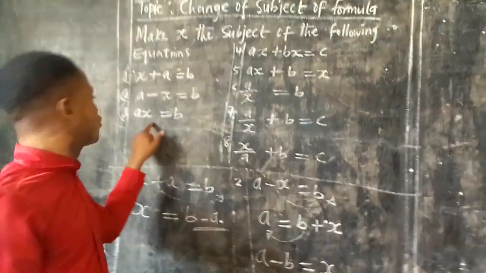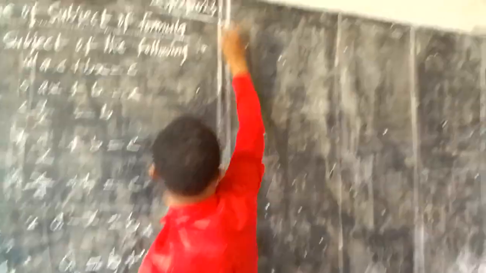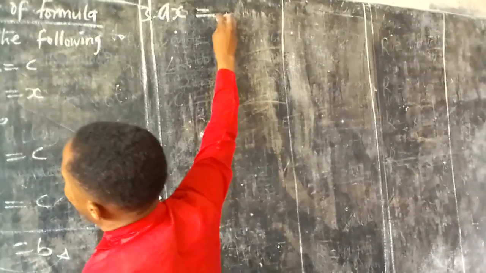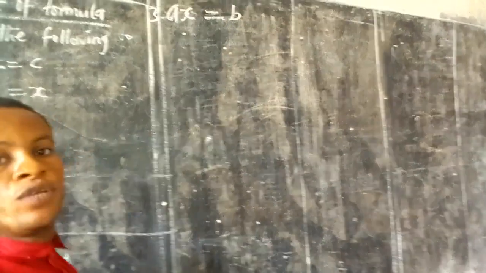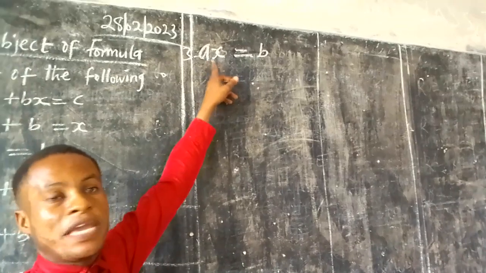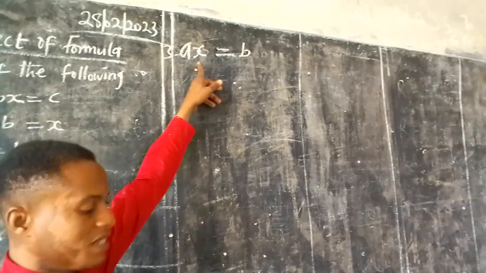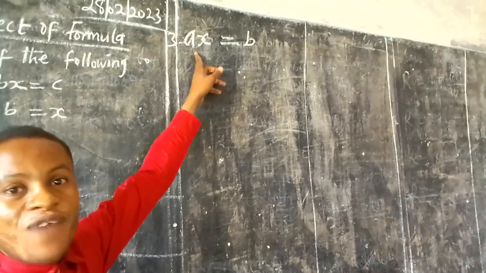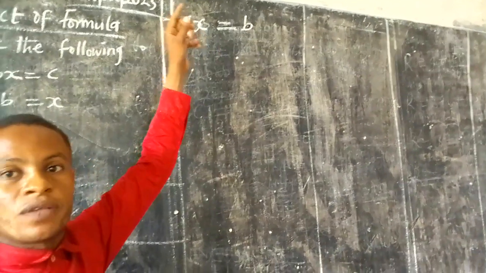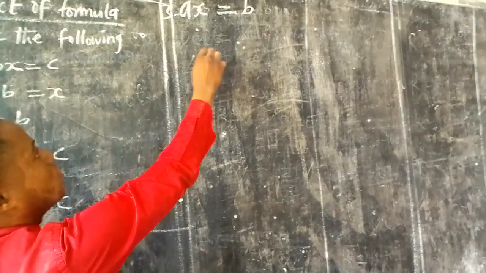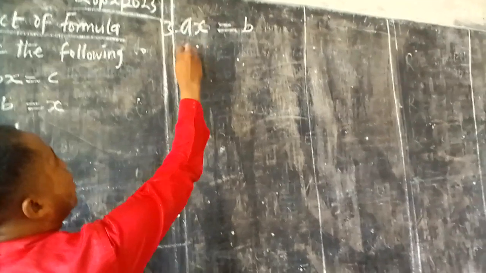Now, let's move over to number 3. Number 3, we have ax equals b. Something you need to understand is when you have ax, that means a times x. That will give you ax. So ax means a times x. Alright, so the reverse of multiplication is division. So what are we going to do now? Since we have ax, we need to remove a. And to remove a, we say divide